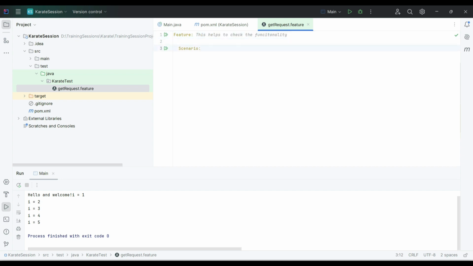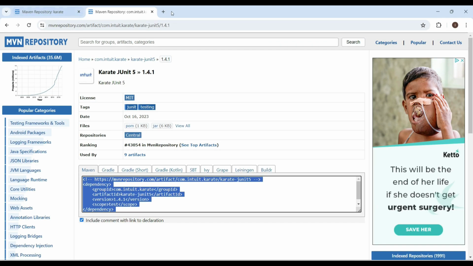Now we can give the scenario name as well. We can say get request. Now we have the name. We are going to use a few keywords provided by the Karate framework. Here we need to provide the URL. URL is an endpoint. So we are going to use